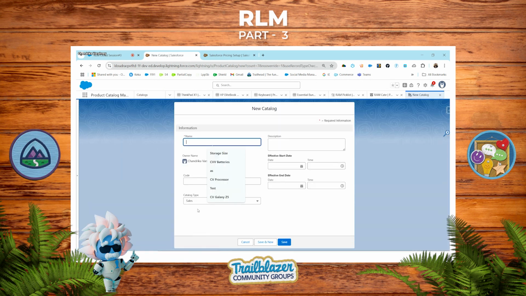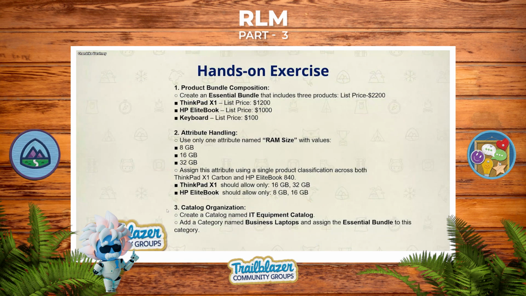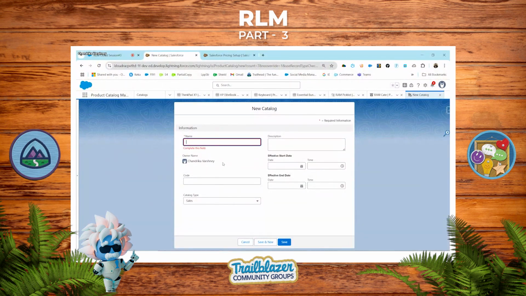The catalog name is IT equipment. Okay. Code is IT0010.